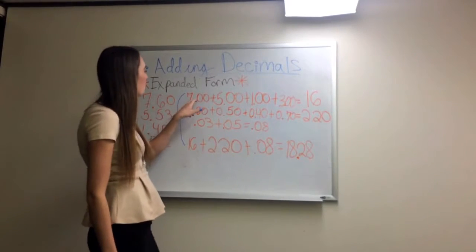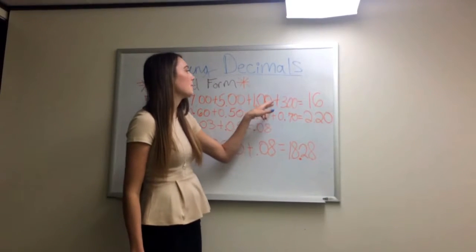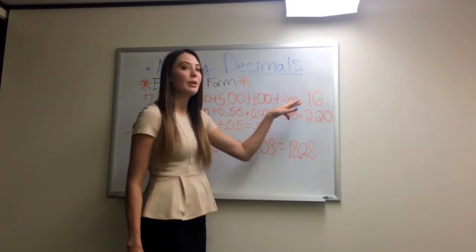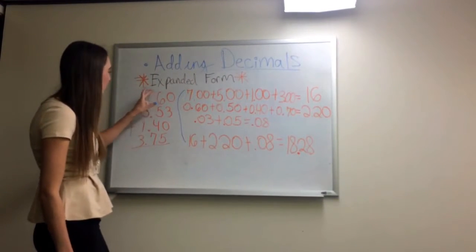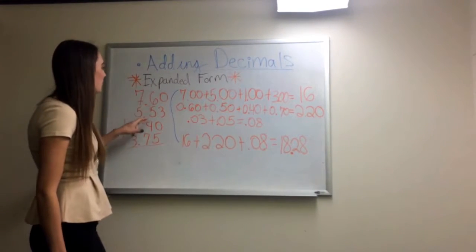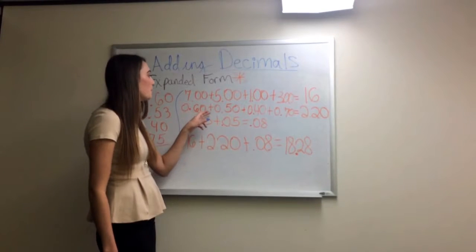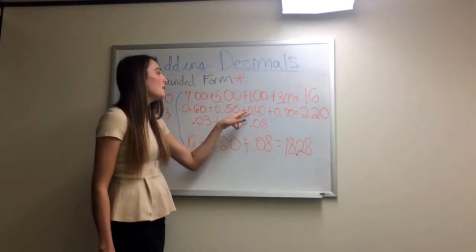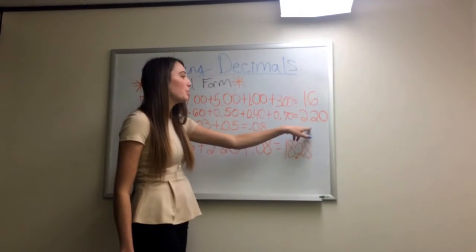So 7.00 plus 5.00 plus 1.00 plus 3.00, which equals 16. Next, we're going to look at our tenths place. So we're going to only add the tenths place. So we have 0.60 plus 0.50 plus 0.40 plus 0.70, which equals